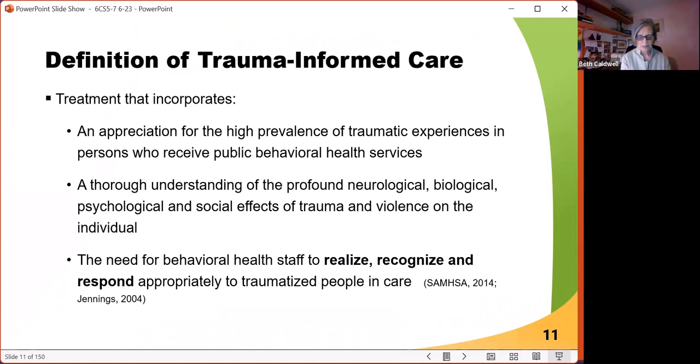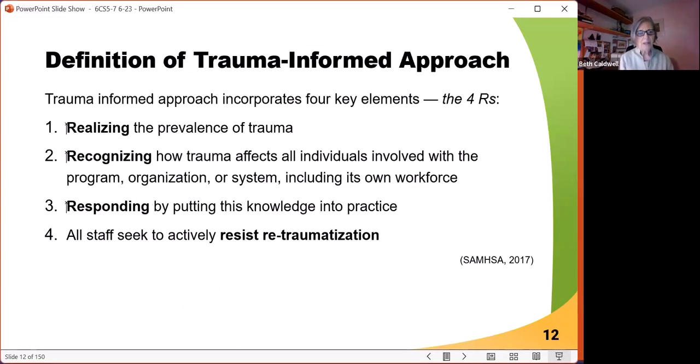Here's a definition of trauma-informed care. It's treatment that incorporates that appreciation for the high prevalence. And all of you now have that, and maybe you had that before. Make sure everybody in your program has it. It's a thorough understanding of what we covered yesterday, the neurological, biological, psychological, and social impact of trauma, and the need for us to recognize, realize, and respond appropriately. So next slide. And here is our definition of trauma-informed care. What we're really wanting to do, again, is realizing the prevalence, recognizing it, responding,